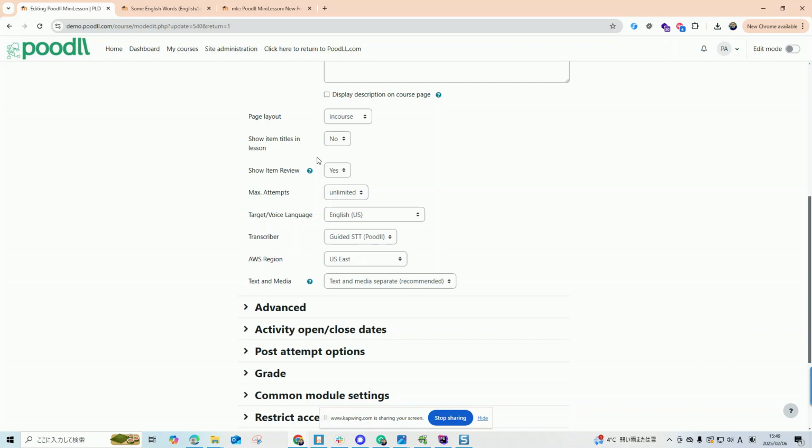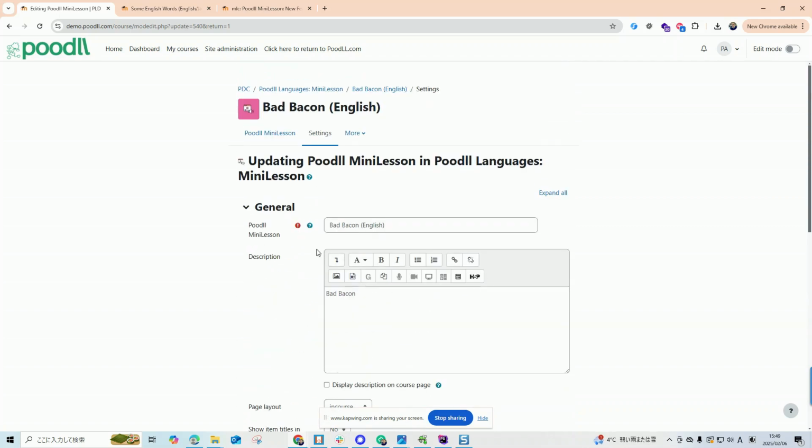This has always been available in MiniLesson, but not all of the item types supported it as well as that. But WordCards has always been like that. After you complete one of the learning activities, afterwards you see a summary of your attempt on that particular learning activity, and you then move on to the next one. So here now in MiniLesson, you can turn that on or off, but by default it's on. And then when you do an activity,